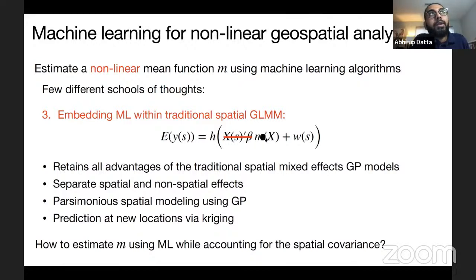I don't know if there is a way to separate, because again, I'm thinking of going back to the linear framework and seeing if there is a way to separate there, because if there's a way to do it in that linear setup, then we can also do it in the nonlinear setup.